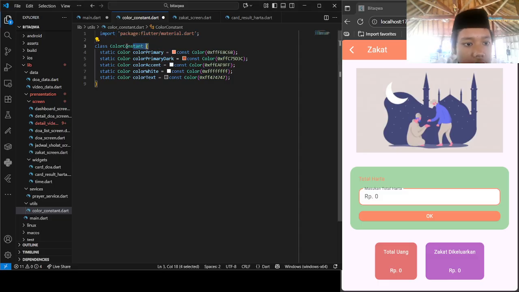Okay, so what is this? Class ColorConstant is for making a new class called ColorConstant for saving the colors of the application.